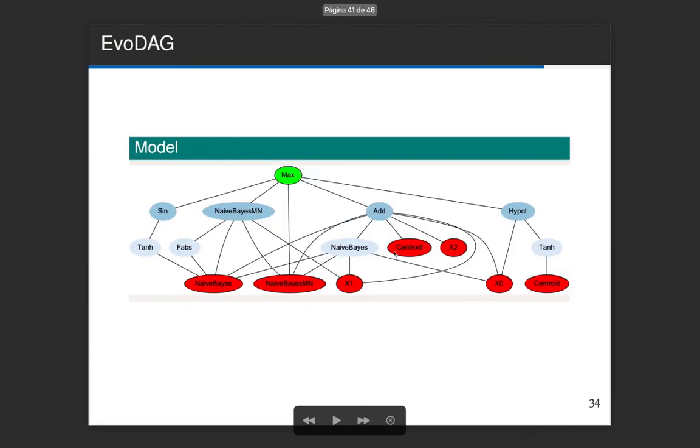I'm not going to talk a lot about it. It is a classifier based on genetic programming, and just to depict the idea of what it's doing, it produces a nonlinear model. Here we are seeing an example where the inputs are in red. These are the inputs. And the output of this classifier is in green. This is the output.